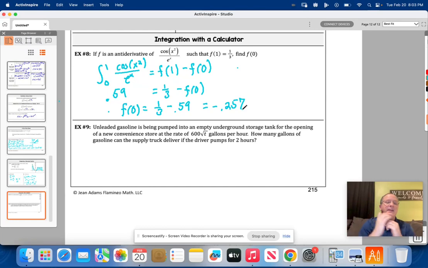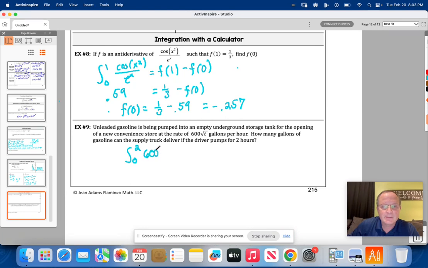All right. Now, example 9. Unleaded gasoline is being pumped into an empty underground storage tank for the opening of a new convenience store at a rate of 600 square root of t gallons per hour. How many gallons of gasoline can the supply truck deliver if the driver pumps for 2 hours? Okay. So what we want to do is go from 0 to 2,